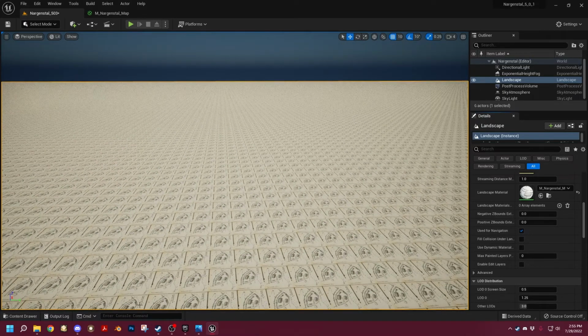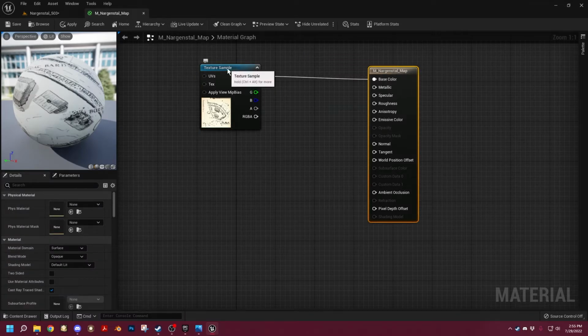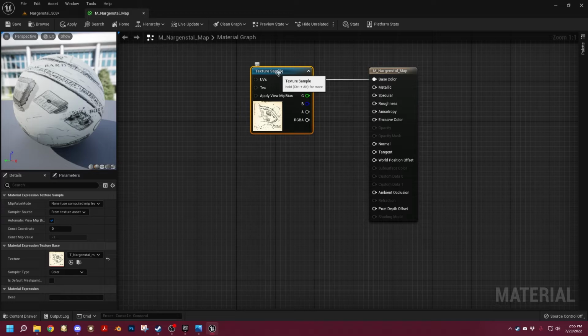So that means we need to go back to our material, which I have up here. And we are going to put, let me open up my notebook just to make sure I have this correct, so I'm not telling you guys false information. We are going to do